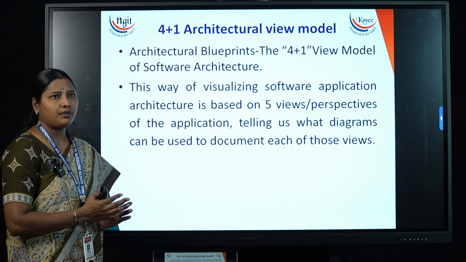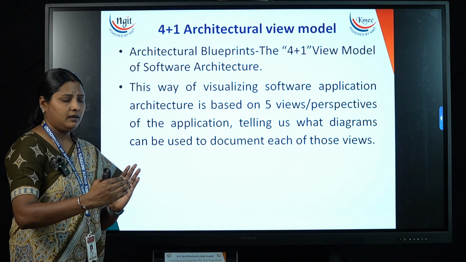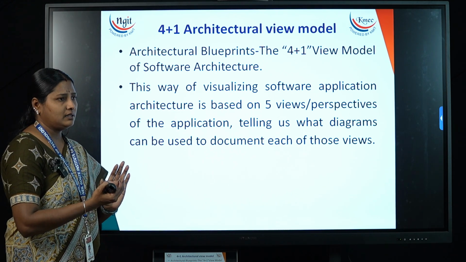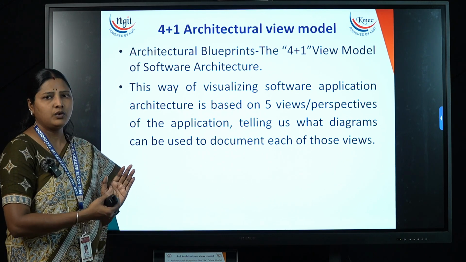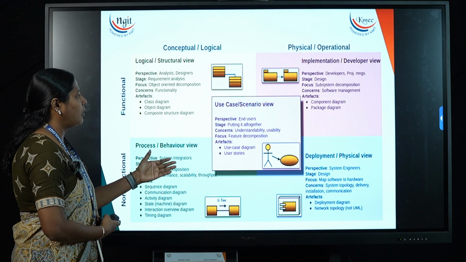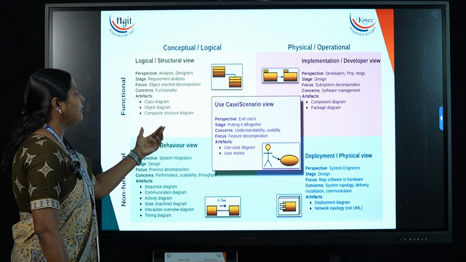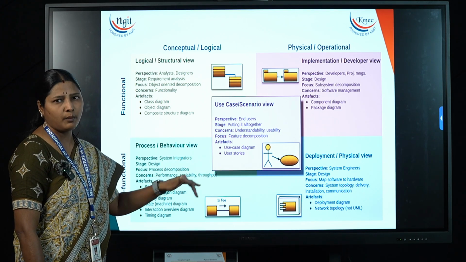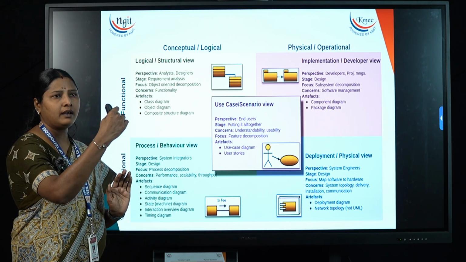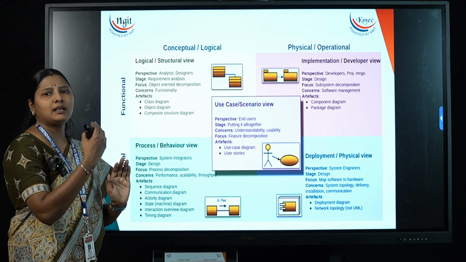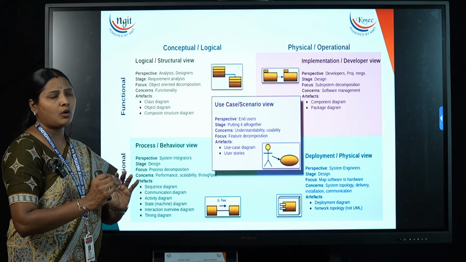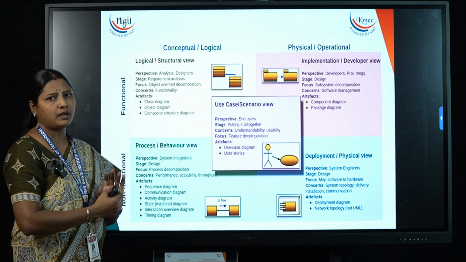If you take a software architecture related to an engineering software or project, in that case, if the developer is choosing UML models, so this example is for UML models. In this case, all the 4+1 models are related to the UML diagrams. If the developer is working on a database and the diagram is related to the ER models, according to the perspective of the ER models, they are supposed to represent the 4+1 model.